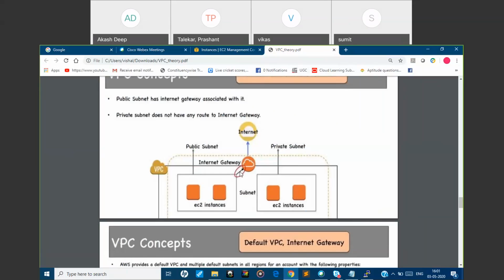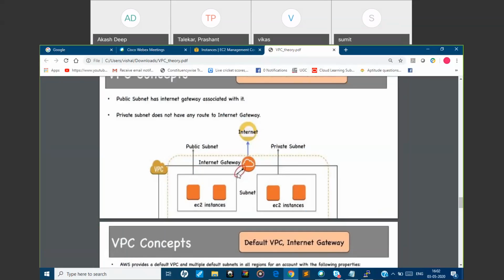Means the resource is available on the internet, and only after that you are able to log in from Putty or from the web. If that route itself is not there, and the gateway itself is not there, how will you be able to log in?